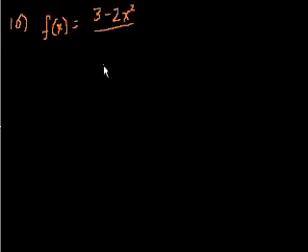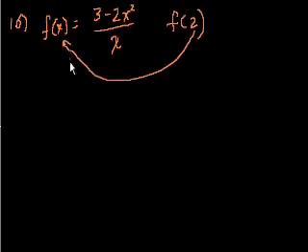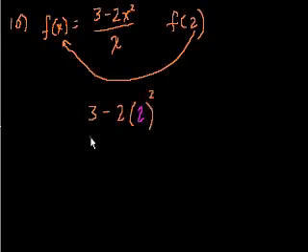Number 10. f of x is equal to 3 minus 2x squared over x for all non-zero x. Then f of 2. Well, we just take a 2 and stick it here. So everywhere we see an x, we replace it with a 2. So it becomes 3 minus 2, we put a 2 in there, 2 squared over